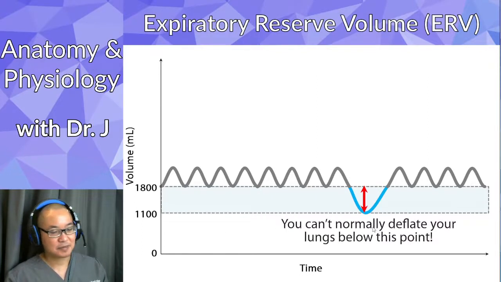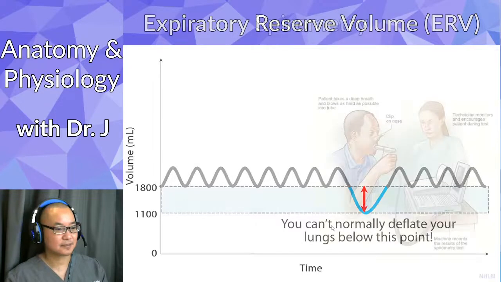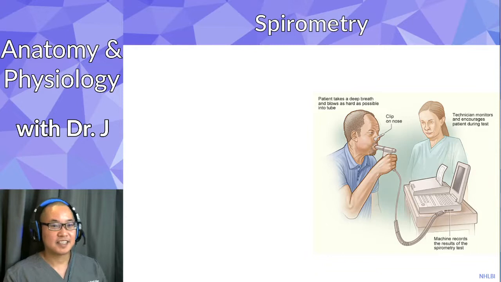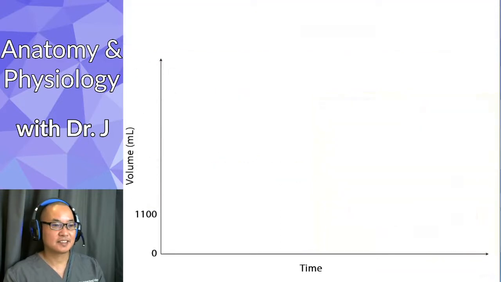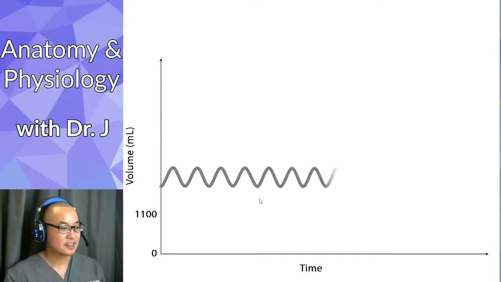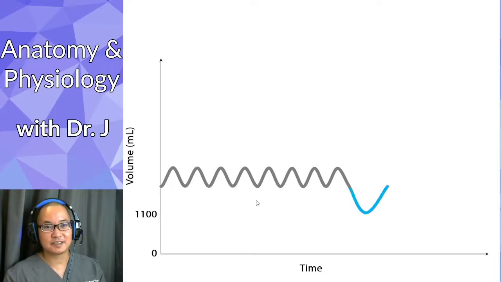And again, remember that we can't collapse our lungs all the way when we're doing a forced exhalation. Now, spirometry can't actually tell you your lung size. And why is that? Because to actually get your total lung capacity and the total volume inside your lungs, you actually need to go all the way from 0 to the maximum during forced inhalation. Because you can't completely collapse your lungs when you're exhaling, unless you have a pneumothorax, which is very dangerous, don't do